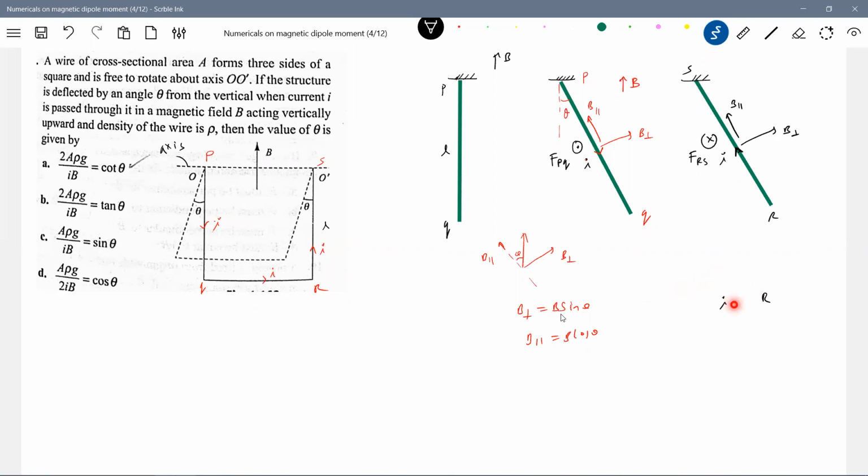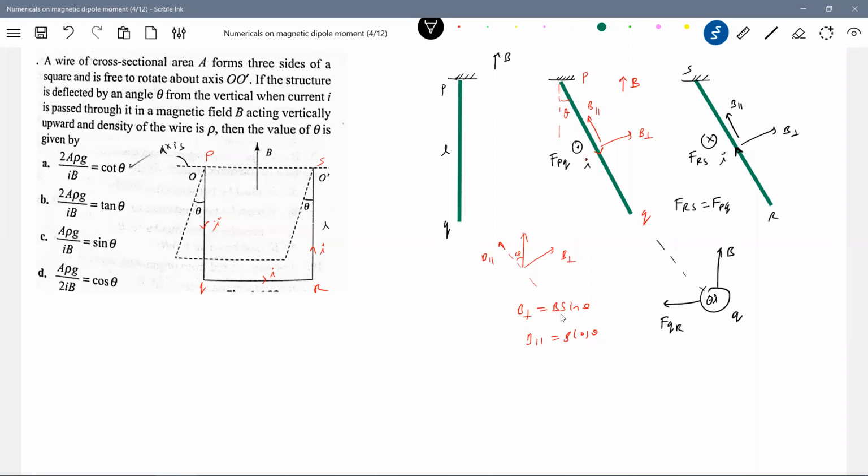So here, rather than this diagram, I'll suggest you go for this diagram. Current will be out of the plane. There's a rod, PQ you're seeing, and B bar you're seeing in this direction. Like B bar, current is out of the plane. So therefore the force on QR will act in this direction. FRS equal to FPQ, and they'll be equal and opposite. Only torque will be set up by FQR.